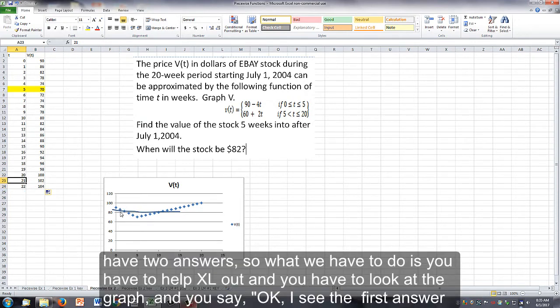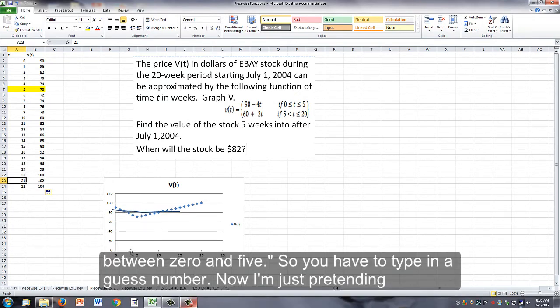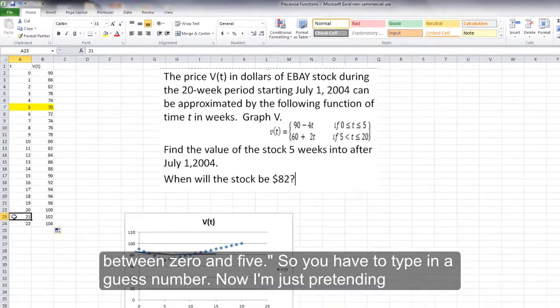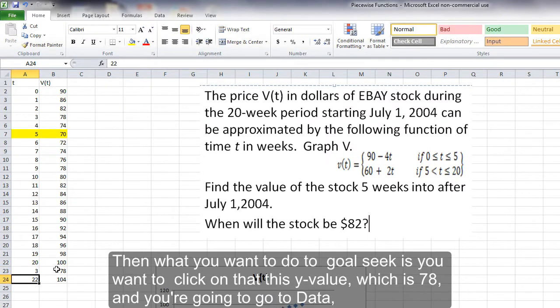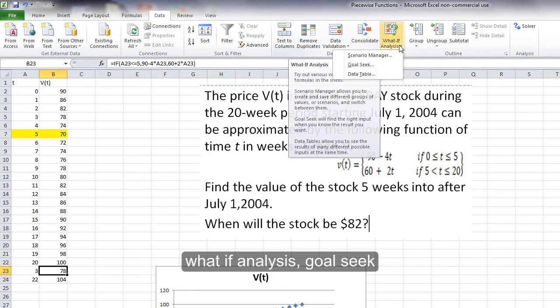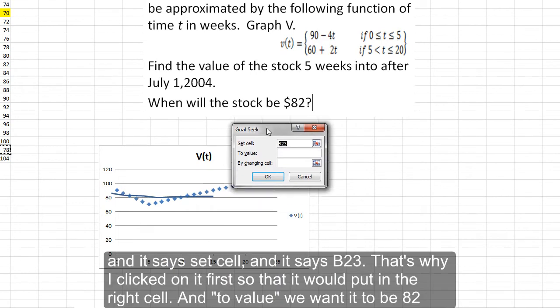So you have to help Excel out, and you have to look at the graph and say, okay, I see the first answer happening in a range between 0 and 5. So you have to type in a guess number. Now I'm just pretending I don't know, so my guess number is 3. Then to goal seek, you want to click on this Y value, which is 78, and go to Data, What If Analysis, Goal Seek,